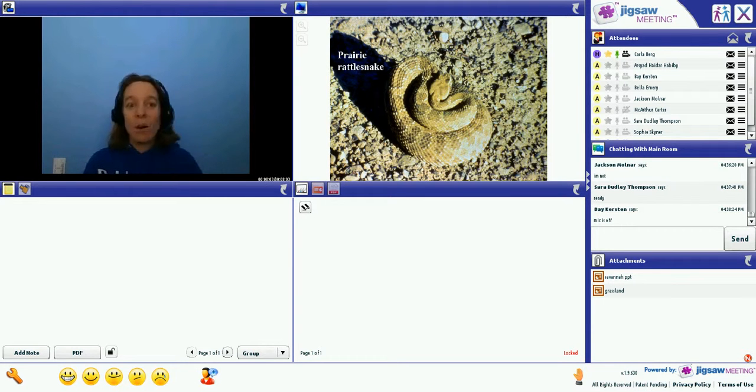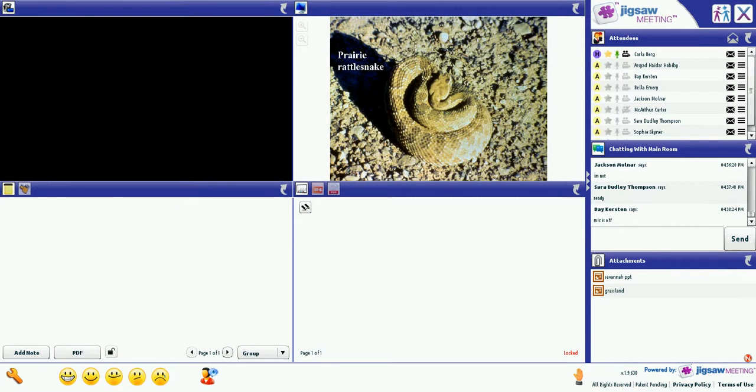And each week for the next 4 weeks, we are going to take a look at these terrariums. So Sarah, your hand was up first. I'm going to turn my camera off, and Sarah's on. Go ahead, Sarah.